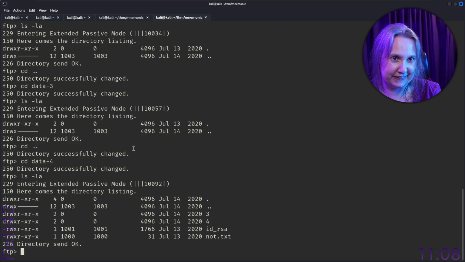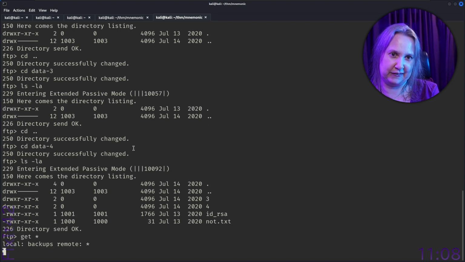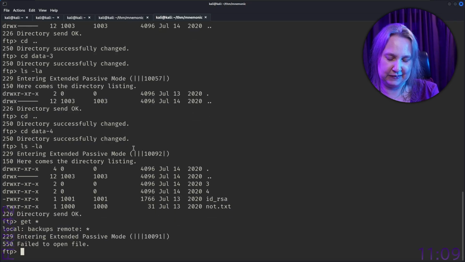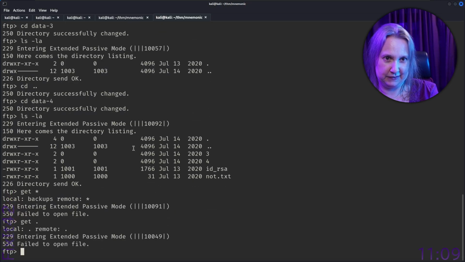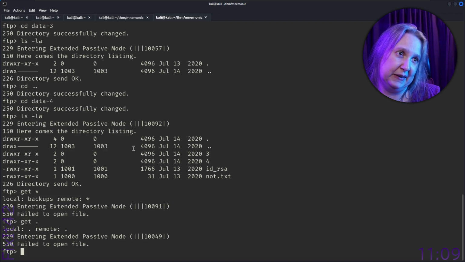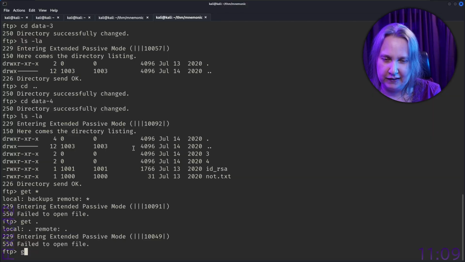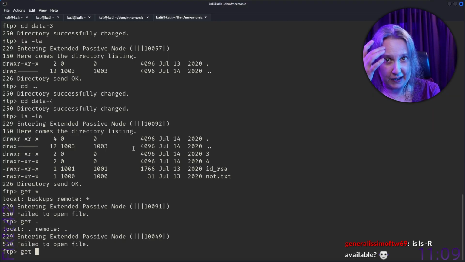Oh, we got files. Should we download these first? We have 2 directories and we have an id_rsa. And we have a not.txt. Well, let's see if I can get star. No, it doesn't do get dot. Because that's like okay, whatever. I feel there's probably a command that I don't know to get all the files,